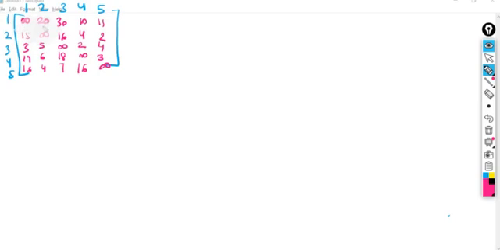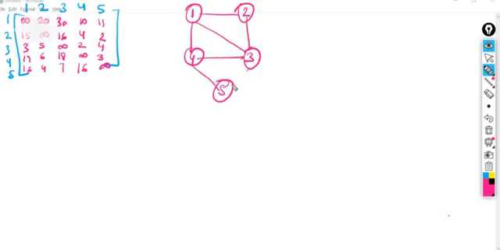If 1 to 2 has a value given here, that means from node 1 to 2 a path exists, right? So 2 to 3 or 1 to 3, there is a path; 1 to 4, there is a path, because the values are filled in here. Then 2 to 2 is not any path, 2 to 1 is already assigned. We're drawing the undirected one here. So 2 to 3, 3 to 4, 5. You can draw the diagram with the help of the adjacency matrix itself, right?